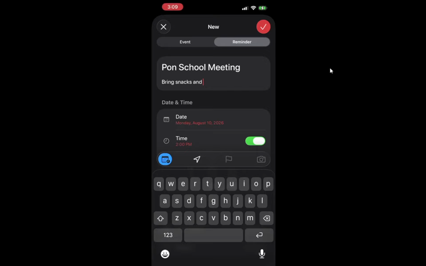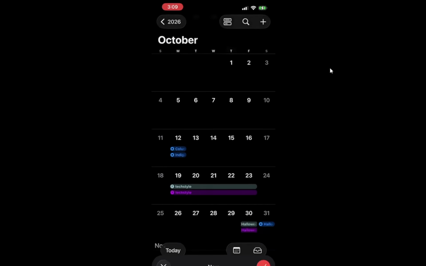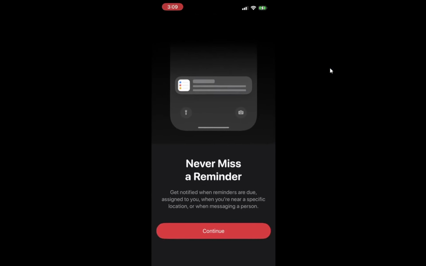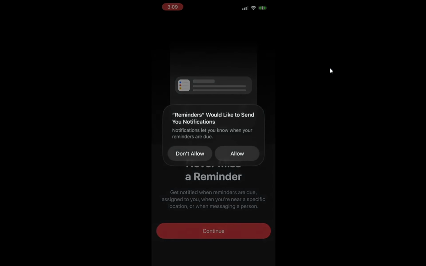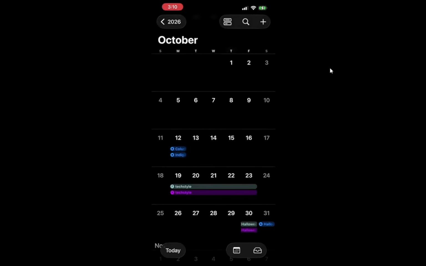Finally, tap Done to save your reminder. This action confirms all the details you have entered, and your reminder will now appear in your calendar. This makes sure your changes are saved and that you will receive notifications as needed. You will see a confirmation appear, indicating that your reminder is successfully added. With that complete, you are all set to manage your tasks efficiently using the Apple Calendar.